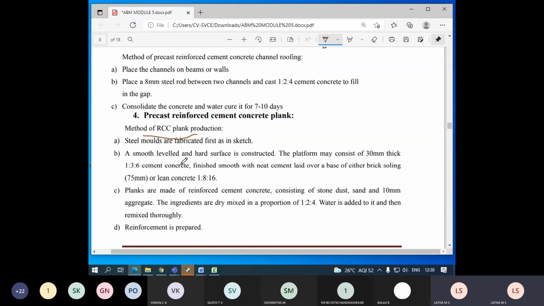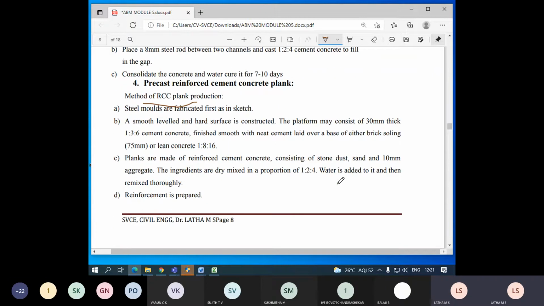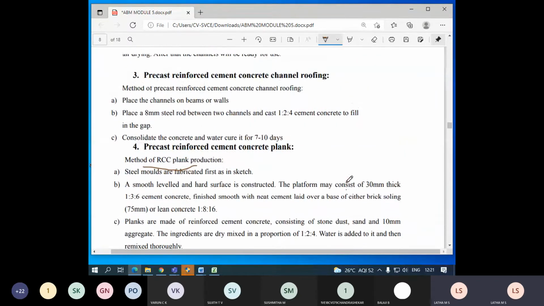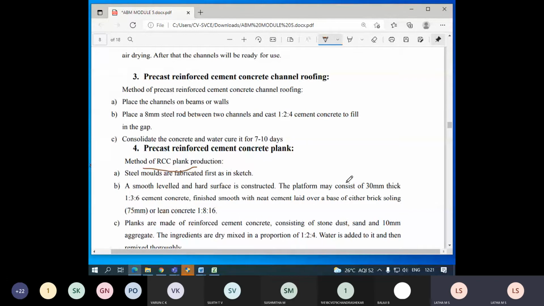To get the highest stiffness strength of the planks, we lay the first layer of mortar in the mix of 1:3:6. Then we start preparing the reinforcement cage. After preparing the reinforcement cage, it will be placed in the mold. Then concrete will be poured. So that is the procedure of the plank.